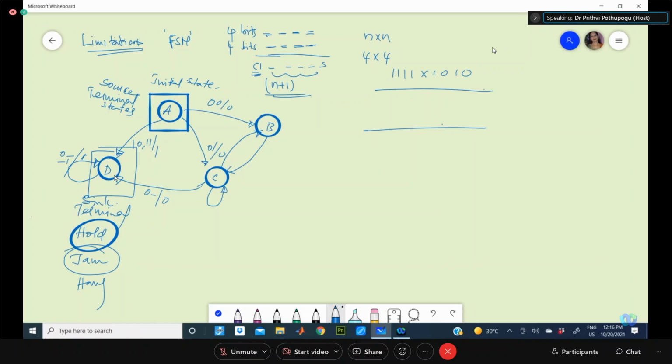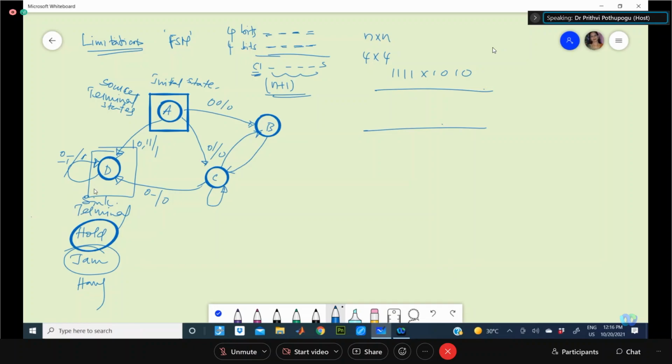Maybe you can have a source state. If we don't need to go back to the initial state, we can have a source state without any problem. But a sink state should not be there. If it is there, you are unnecessarily making your system hang once it reaches that state, by a proper given input or by some other random inputs happening. So a sink terminal state should never be there in the designs. You have to avoid it if you get that sink state.